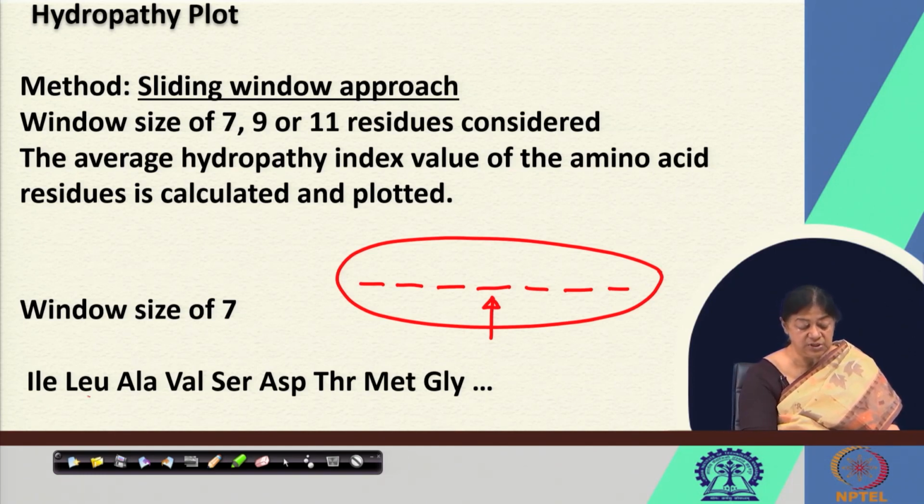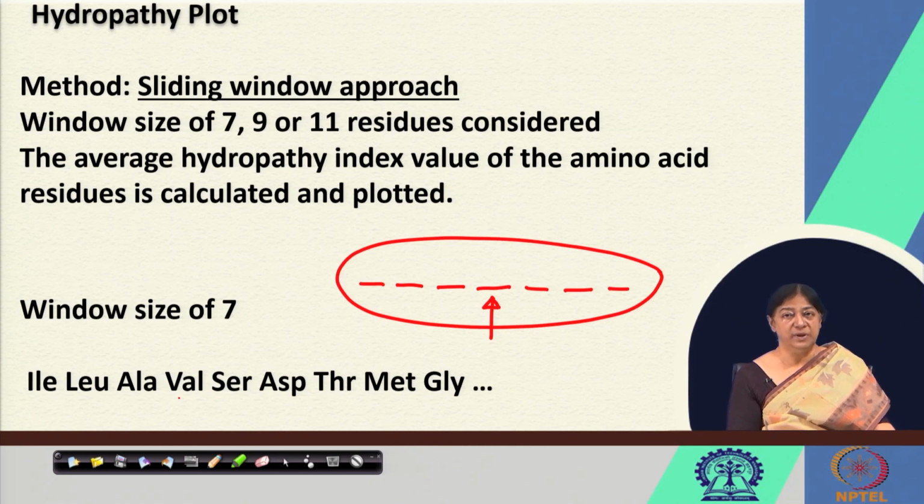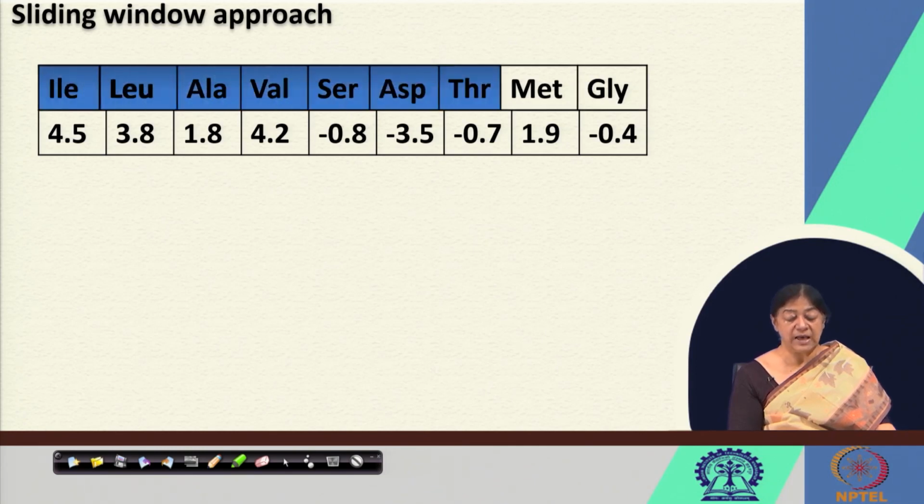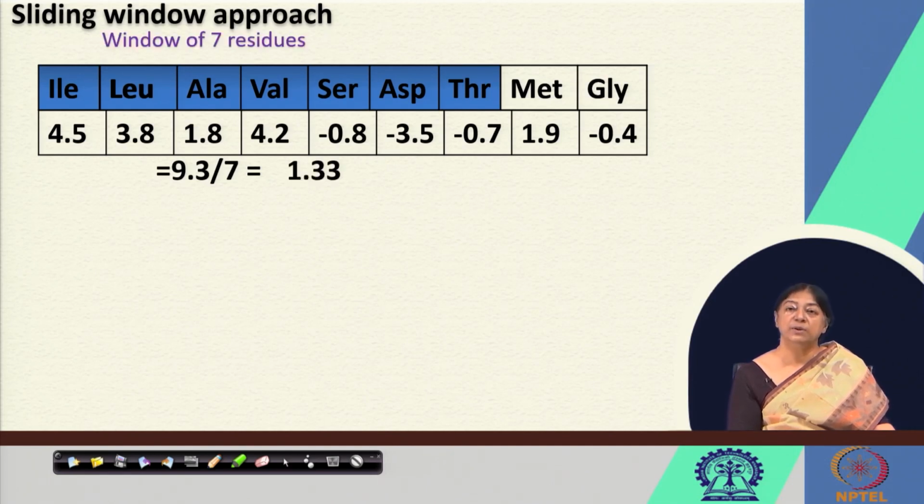What are these? Isoleucine, leucine, alanine, valine, serine, aspartic acid, threonine, methionine, glycine. So, there is a mixture of acidic, neutral but polar, and hydrophobic residues. Let us see what the characteristic of this string looks like. So, here we have the string, and the particular hydropathy index values have just been assigned to them from the table. And what we do is we look at the first 7 in this case, and we add up the values, calculate the average because we know our window size is 7, and we say that the value is 1.33,